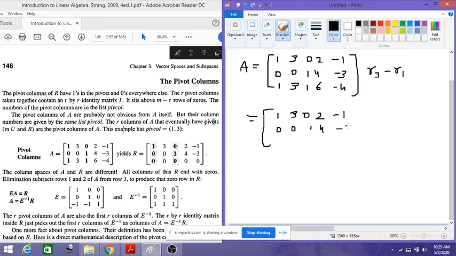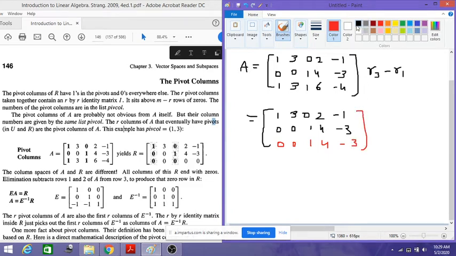This is 0, 0, 1, 4, minus 3. And the last row will become 0, 0, 1,